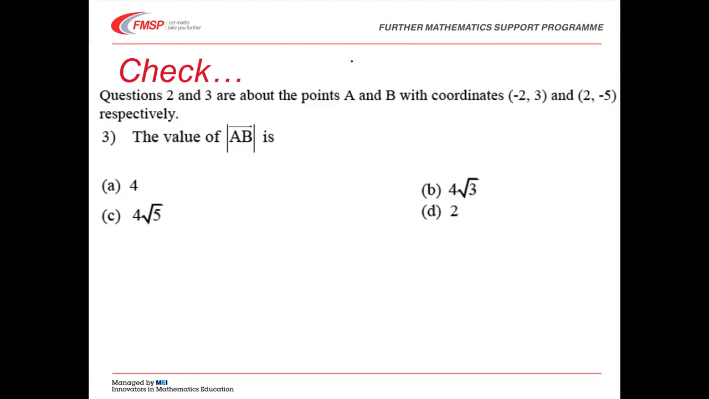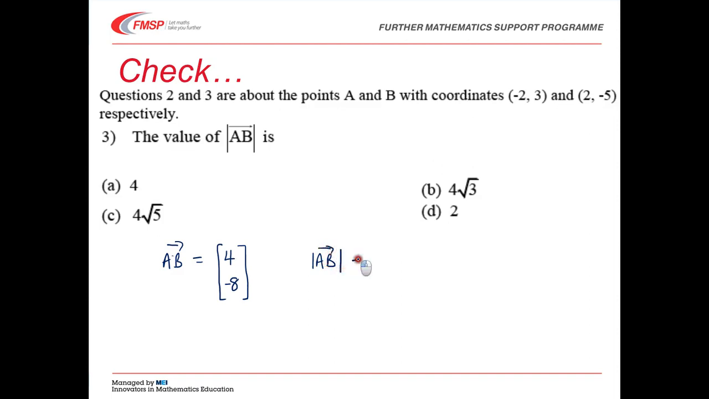Okay, you have a go at this one. Pause the video and work out the answer before you watch the solution. Okay, the vector AB: to get from -2 to 2, I need to go forward 4, and to get from 3 to -5, I need to go back 8. So the vector AB is (4, -8),